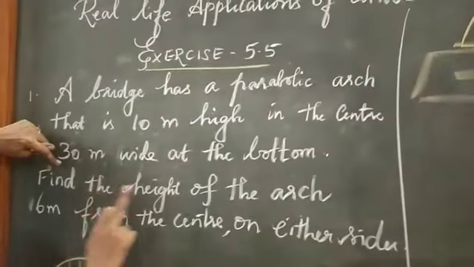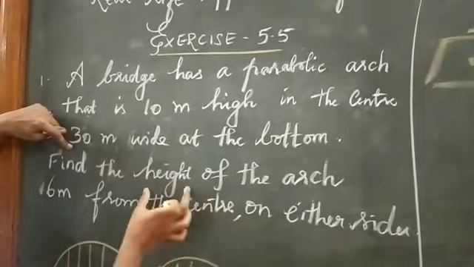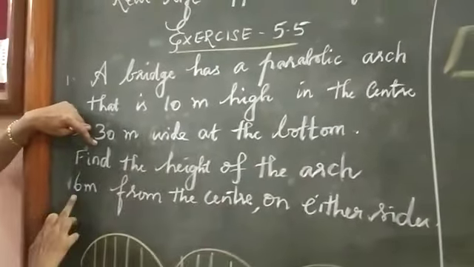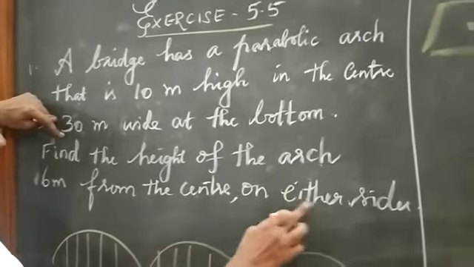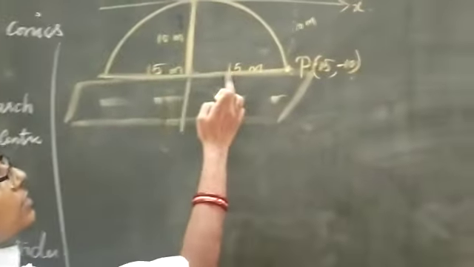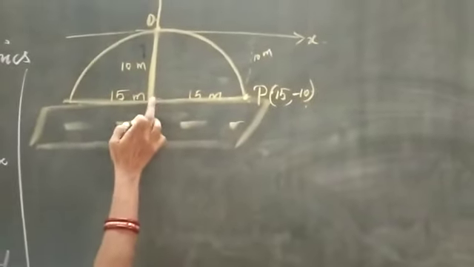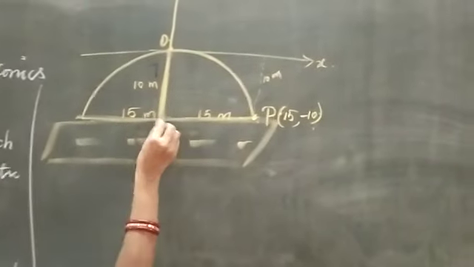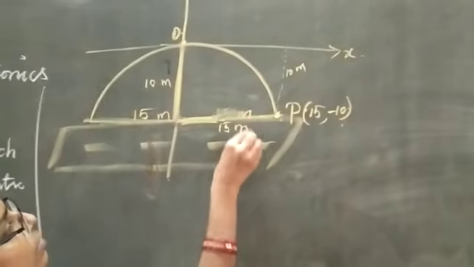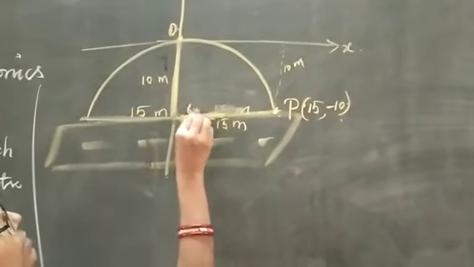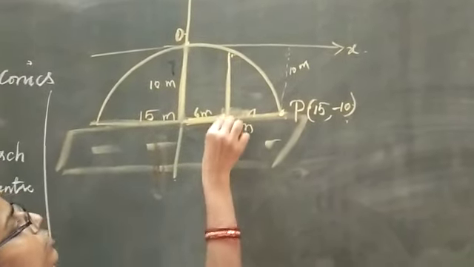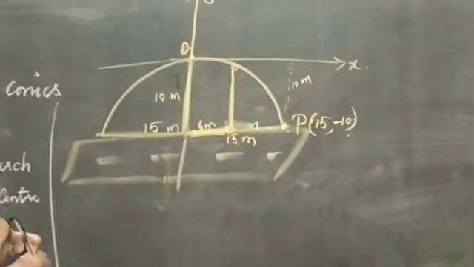Now again see the question. You have to find the height of the arch. The height 10 meter கொடுத்திருக்காங்க. But இங்க மறுபடியும் height of the arch. எங்க கேட்டிருக்காங்க, 6 meter from the center on either sides. அப்ப சென்டர்ல இருந்து 6 மீட்டர் எடுத்துக்கலாம் either sides. ஒன்னு இங்க இருந்து 6 மீட்டர் எடுத்துக்கலாம் அல்லது லெஃப்ட் சைடுல இங்க இருந்து 6 மீட்டர் எடுத்துக்கலாம். Now let us choose this one. இங்க இருந்து 6 மீட்டர் எடுத்துக்கோங்க. Okay? So 6 meter. Assume this as 6 meter. அப்ப இங்க இருந்து you have to find the height. So இதோட height நீங்க find out பண்ணனும்.